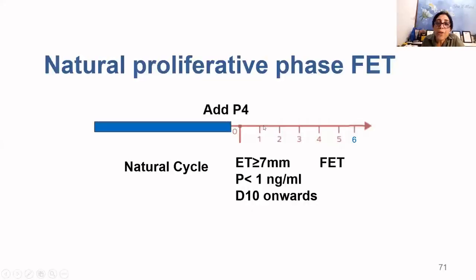So there is no monitoring. It is just monitoring the first half of the cycle with the ultrasound. That is, the endometrium gets thick enough as much as you are okay with. You do a P4 level. If it is less than 1 nanogram, you may go on for 1 or 2 days, or you may start your progesterone. So now what happens, you are sure that the endometrial embryo synchrony is there. You are sure that ovulation has not occurred yet.